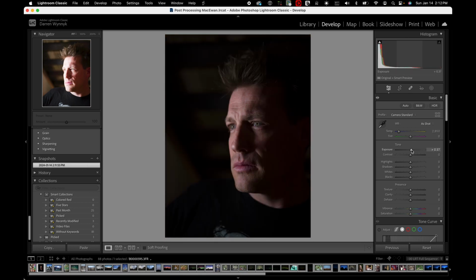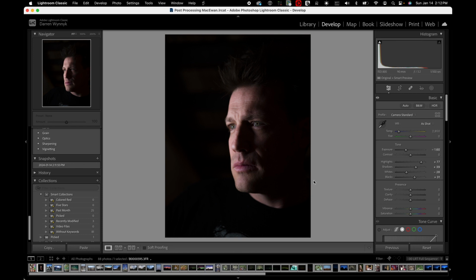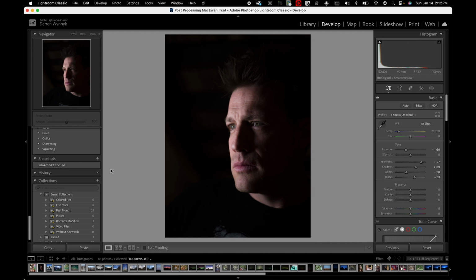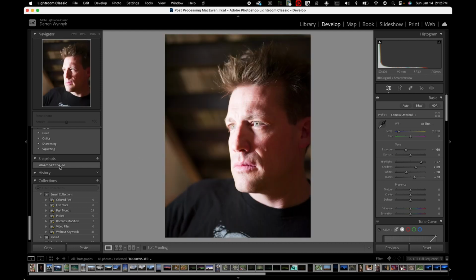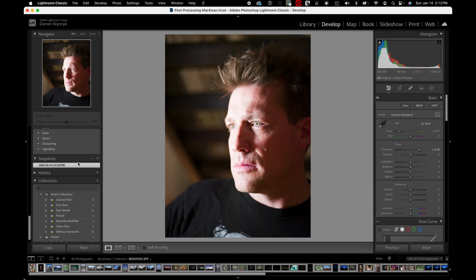Let's say I changed the file or the editing, and I tried something new, and I wanted to see what I have now, how it compares to what I did then. You can just hover over it even and see the comparison, see the difference. Then of course you can just click on it and it will apply that set of settings. But let's say that you did not want to do that. You actually liked what you had previous to this and you clicked by accident. Don't worry, you can click into your history,